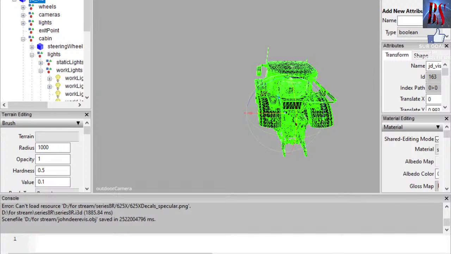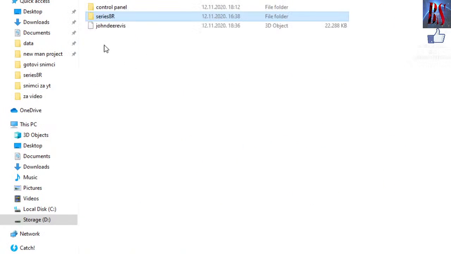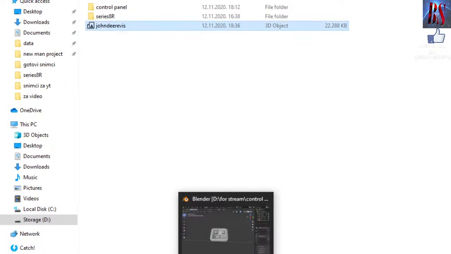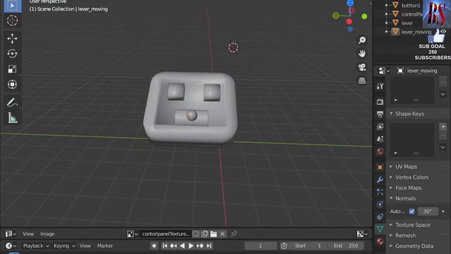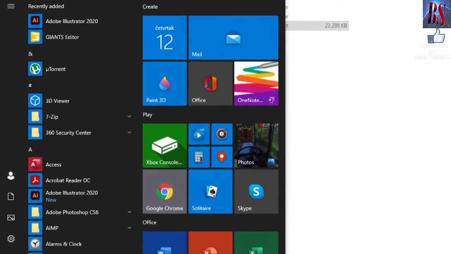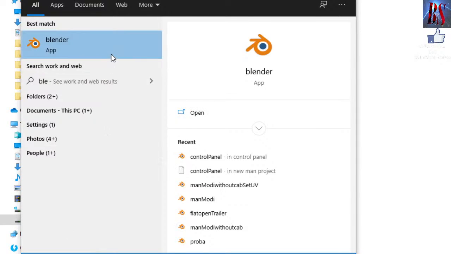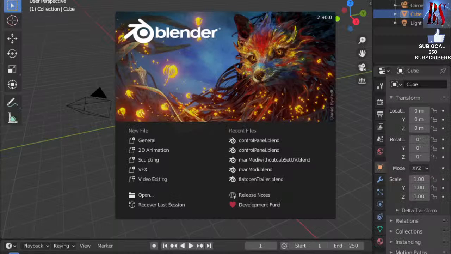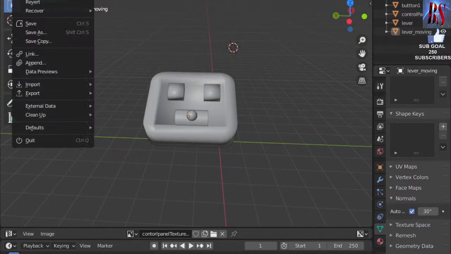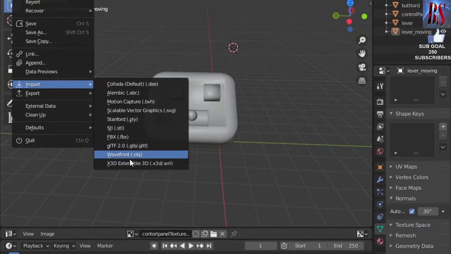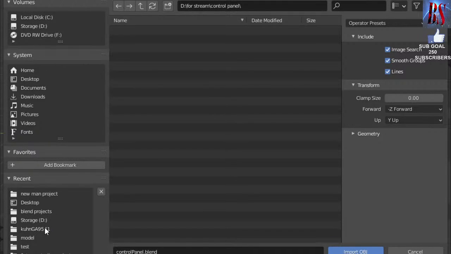So let's go and deal with it. It's now here, and as you can see, this is a 3D object. So now what we are going to do is go to Blender, and I'm going to open the Blender app. Actually, no, a better way is to go here in our control panel and say import Wavefront object, and find our